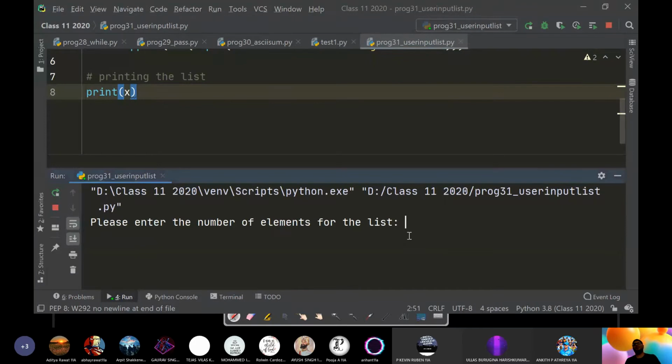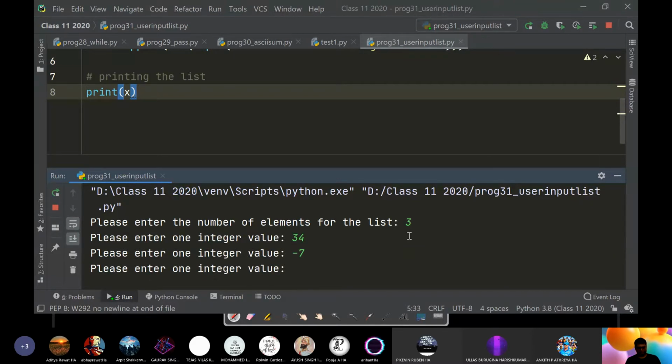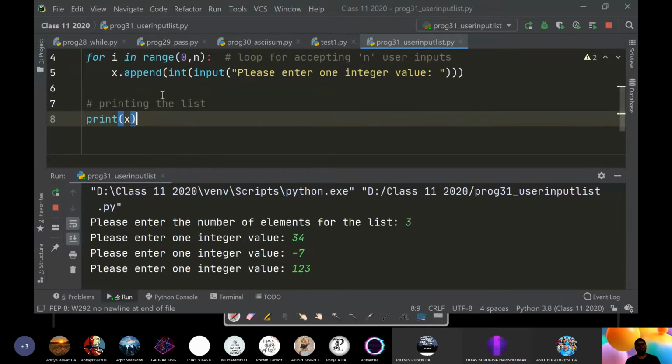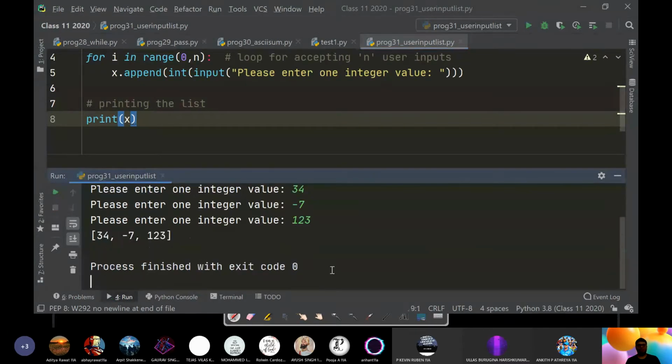Let's say number of elements I give 3. Please enter the first integer value 34. Please enter one more integer. Let's say -7. Then enter 123. And then when I have entered 3 integers, once the computer has accepted 3 integers, it will come out of the loop and then it will display the list.